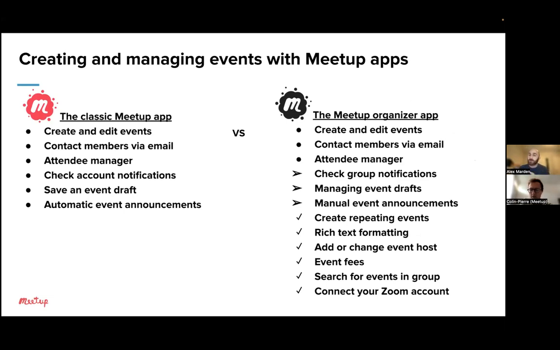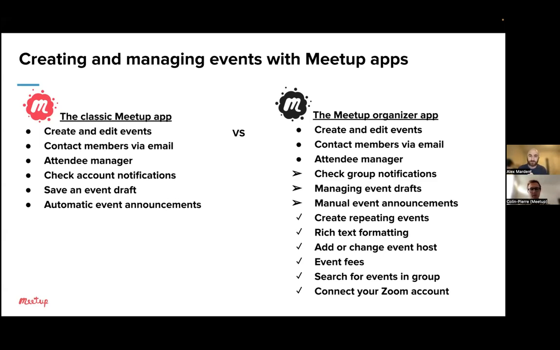As you know, you can create and edit your events. You can contact members with your email client using your phone. We have an attendee manager available in the app. You can check all of your notifications for your account. You can even save an event draft. And anytime that you create an event in the Meetup app, the original app, you automatically announce that event to